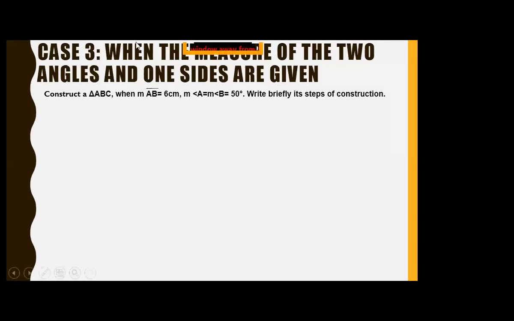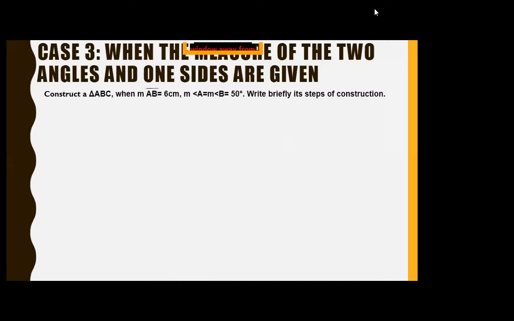Okay, now second question. Construct a triangle ABC. Is it clear now? Everything is clear? Yes, Hamza. Are you there with me? This question is clear now, dear. It's so simple. Now again, you can see here we will construct triangle ABC, and AB is given, and the measurement of angle A and angle B are both equal to 50 degrees.